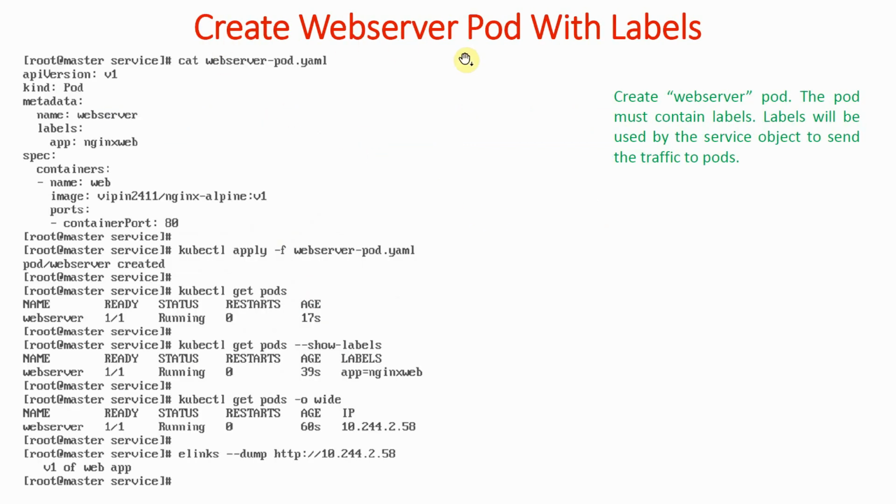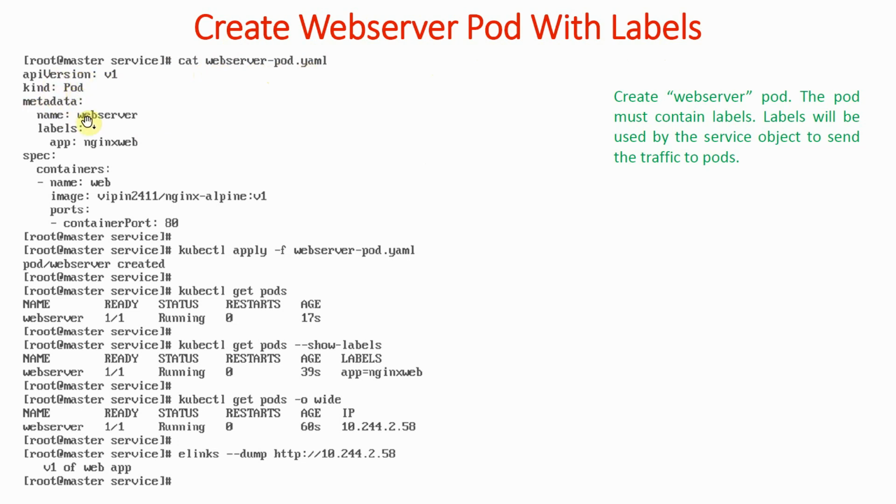Now create a web server pod with a label. For understanding service we need a certain pod, so we are going to create one web server pod which will have labels. The file's name is web server pod, and we are using API version v1.